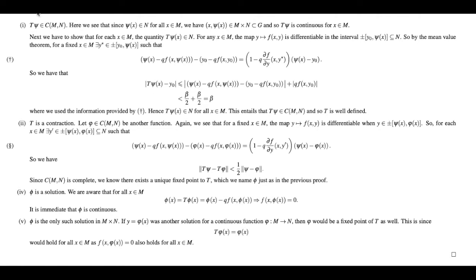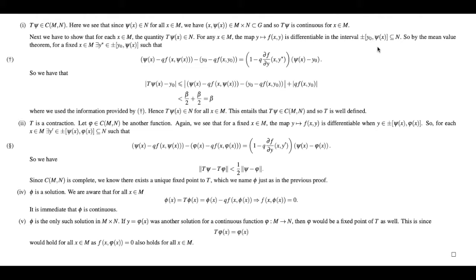So now, in other words, we have to show that for every x in M, the quantity t psi of x lies in N. So if we fix x in M and just look at the map y mapping to f of x,y for x fixed, so we look at this as a function of y, we notice that this is differentiable in the interval plus minus y0 comma psi of x, which is contained in N, because the reason we're using plus minus here is because psi of x may be less than y0 or it may be greater than y0,